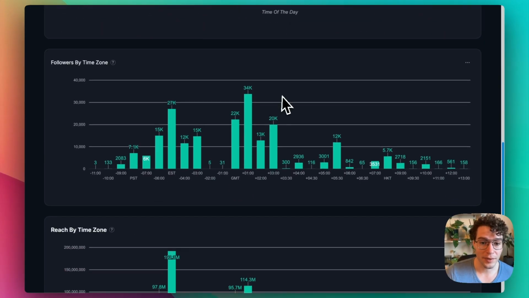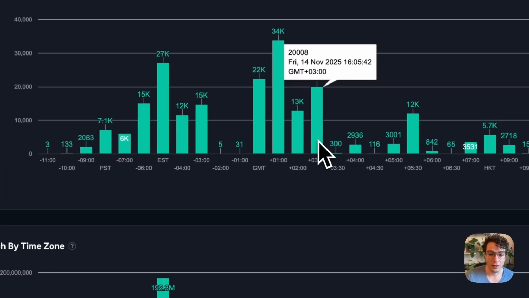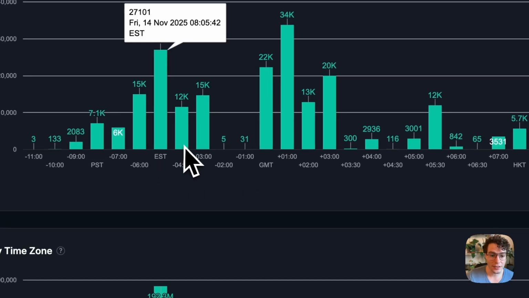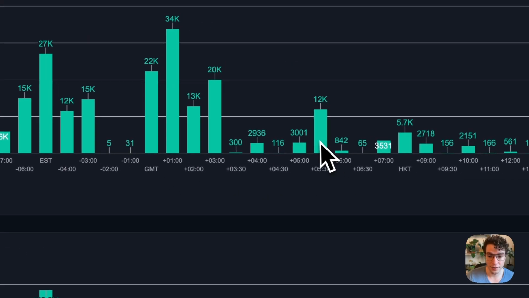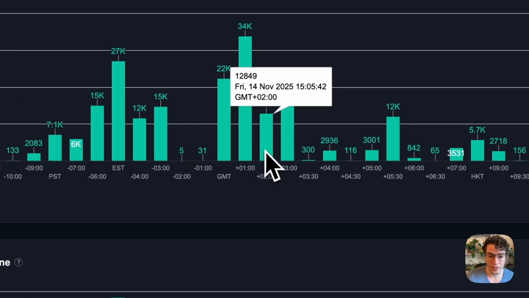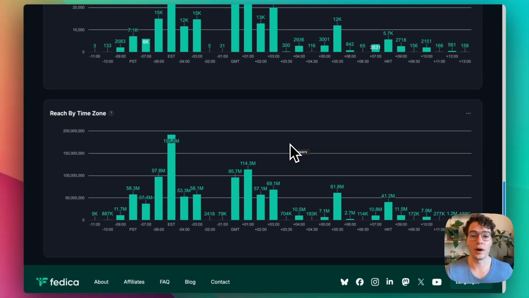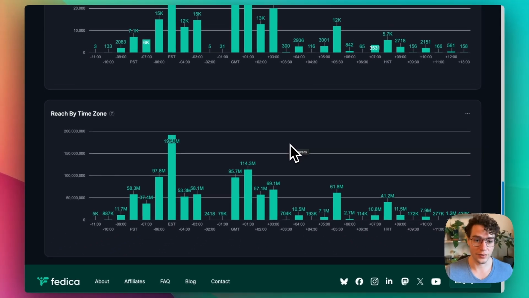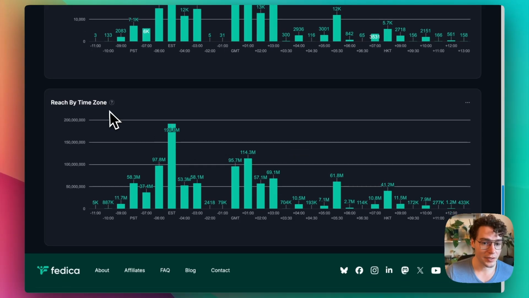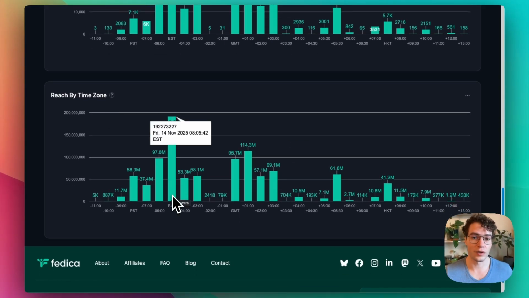So here's your followers by time zone. You can tell that a lot of our followers are in these two chunks. So you can target things like that, making it really simple. Once again, when you set up a schedule, you don't have to think about this, and it auto updates as your audience grows, right? So, and then the reach by time zone, this is based on your followers and your